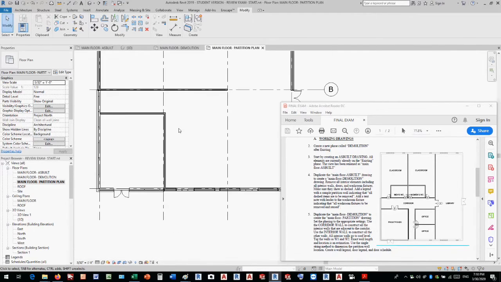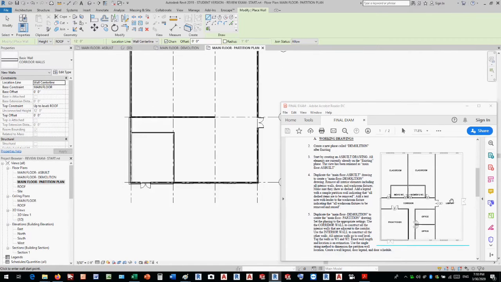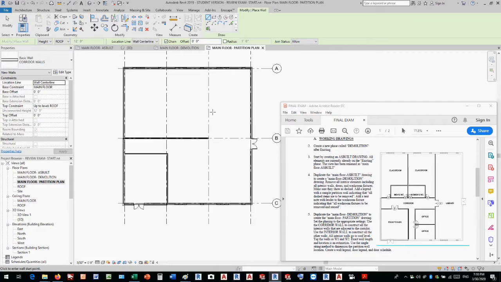I'll continue with another wall. So just take a look at this. Open up this file, take a look at that. I'm just putting in some walls here. Next, you'll have to end up putting your